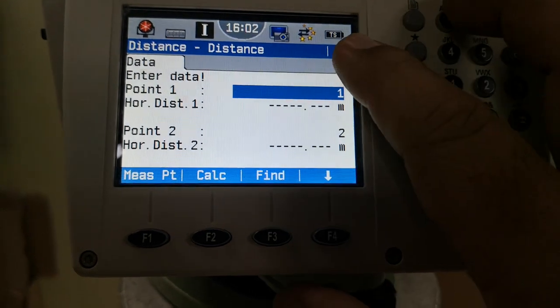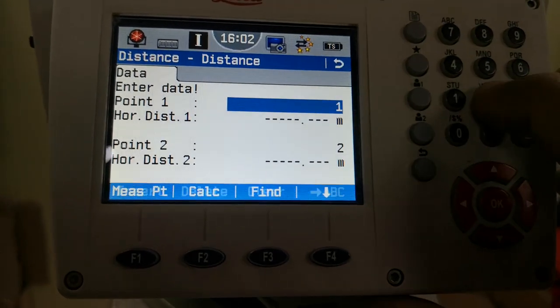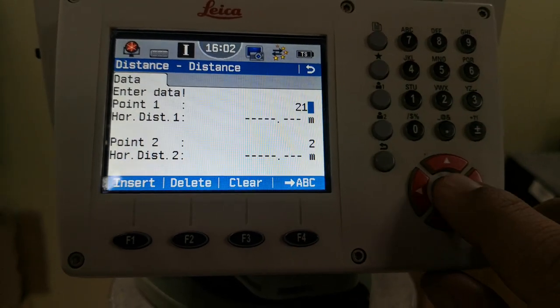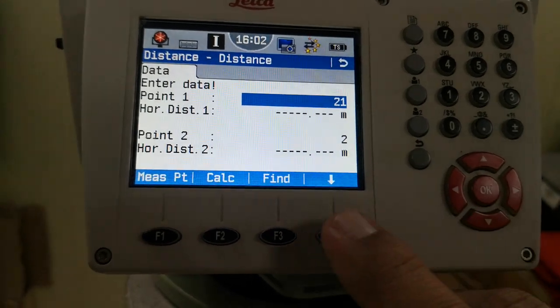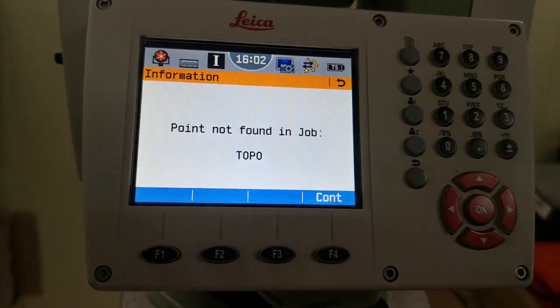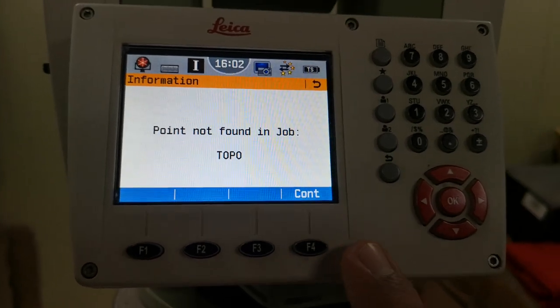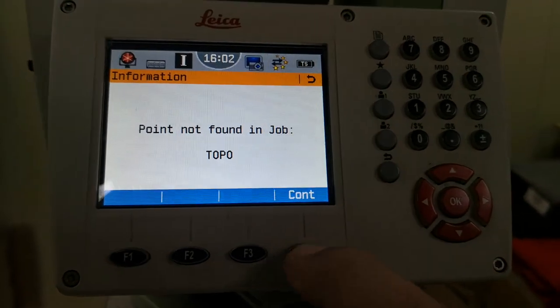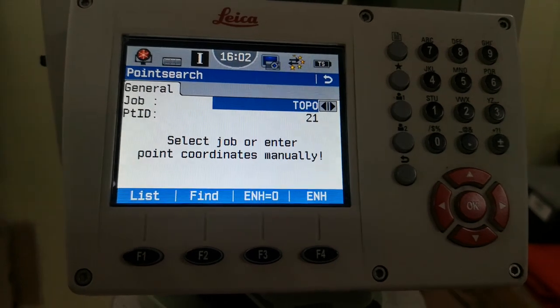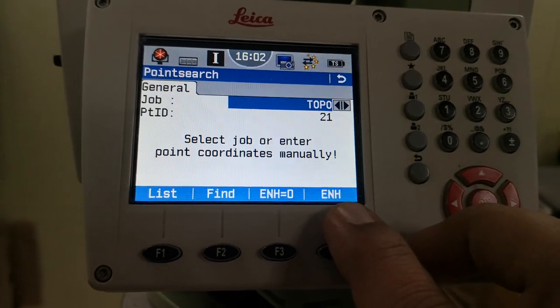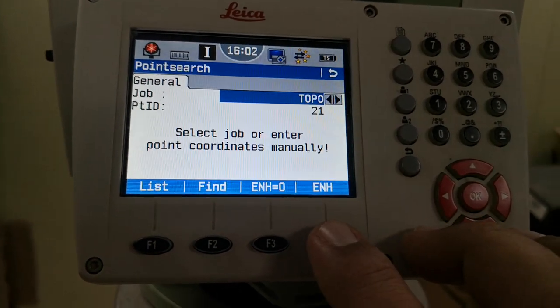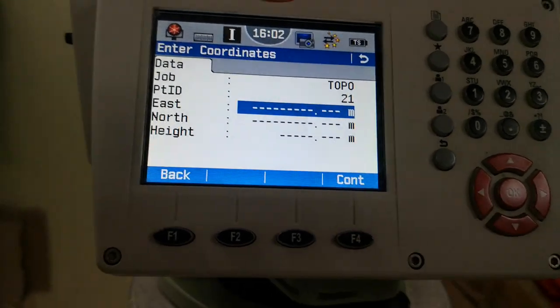So I'll give the ID name, for example 21, press OK and then press F3 key. I did not find this 21 point because it is not an existing point, so I need to add it. For that purpose I press F4 and then again F4 for E and H, which means east, north and height.